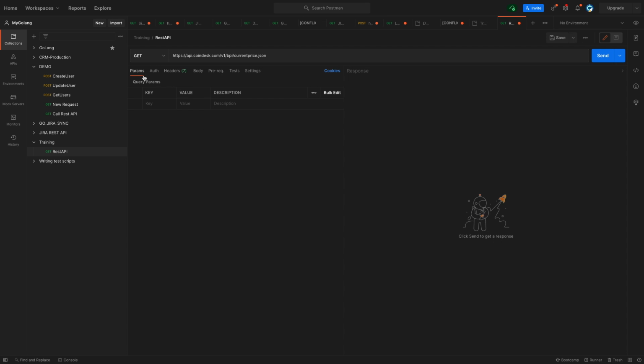And in case there are additional parameters which you want to pass on, you can definitely do that. But as of now, it is not needed for this endpoint. And in case you want to send something as a part of body, then definitely that is also doable. So right now, keeping it simple, I'm not adding any kind of additional complexity.